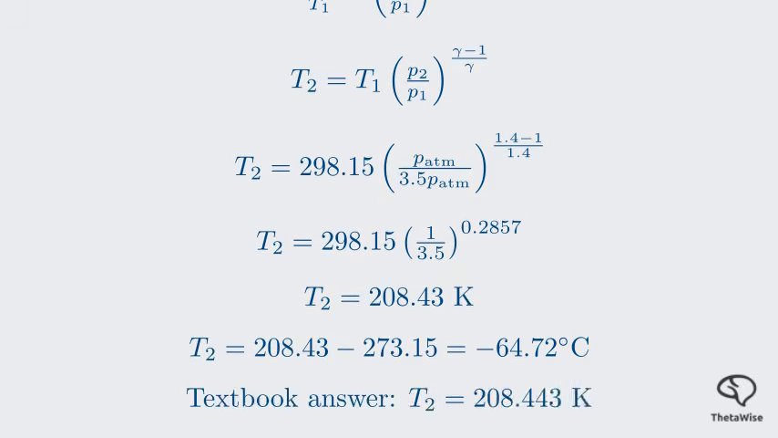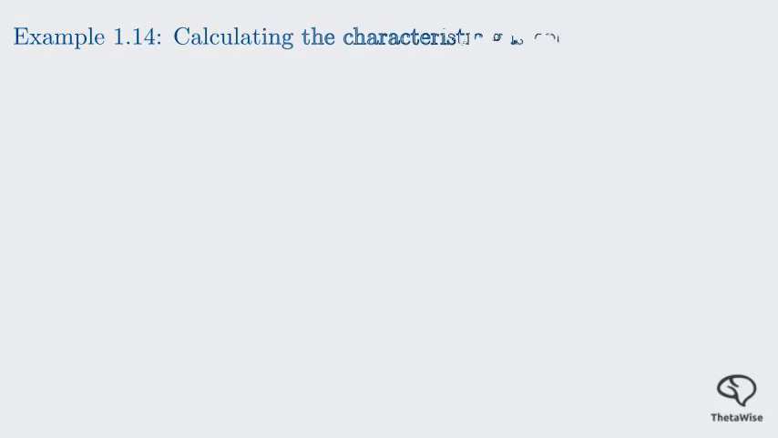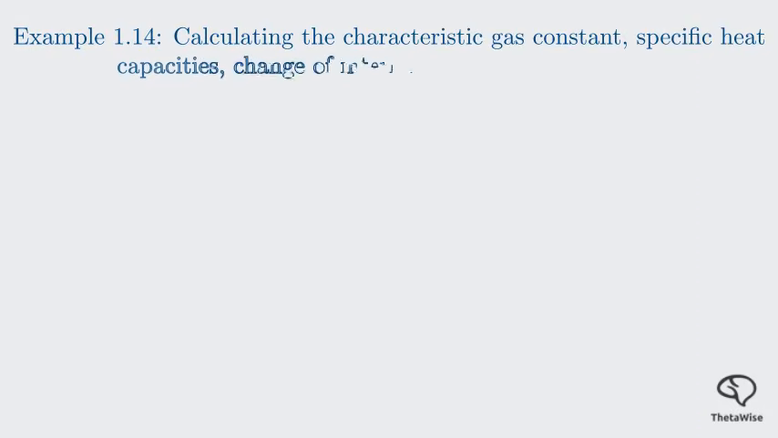The textbook gives 208.443 Kelvin, a very slight difference from my calculation. Both are correct. This shows why a tire can feel cold after a sudden blowout. The rapid expansion causes the gas to do work, and that work comes from its internal energy, leading to a significant drop in temperature. Finally, let's revisit the very first problem in our textbook, now that we understand all the